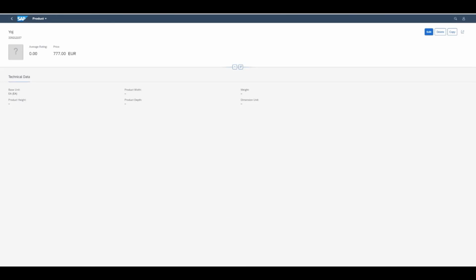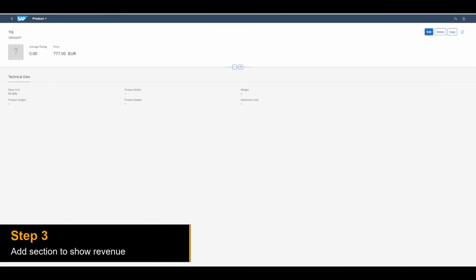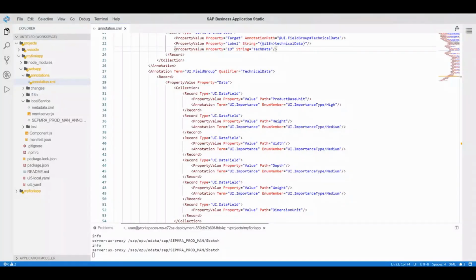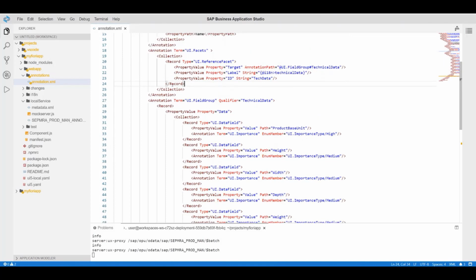group. In step 3, we want to add yet another section to show monthly revenue of a product. For this, we would need to create another reference facet in the local annotation file, and reference there the chart annotation, which is already available in the backend. So again, I'm at the end of the record for my UI facet. I add a new